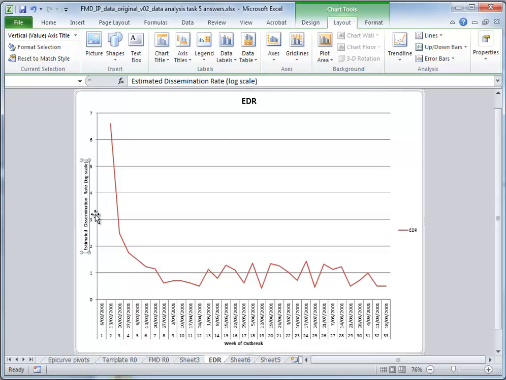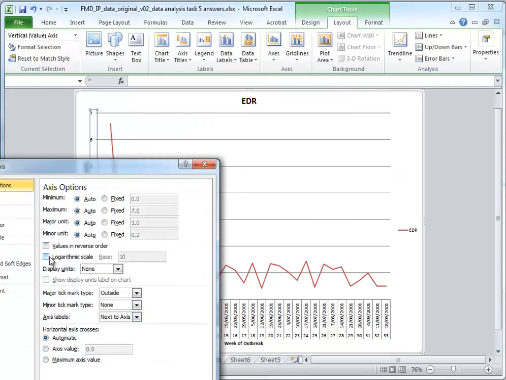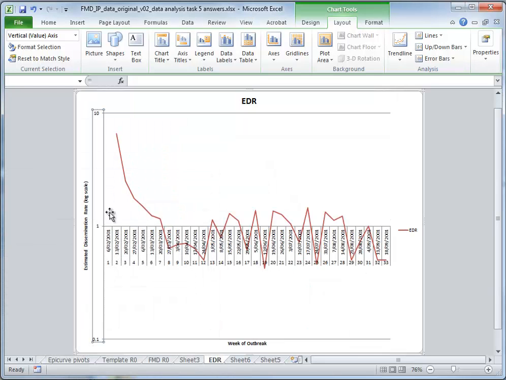What we're going to do is put that onto a log scale, but because the estimated dissemination rate is a ratio, it makes more sense to put it on a log scale because it's multiplicative. So if we highlight, point and click to that vertical axis, right click and select format axis, and then tick the logarithmic scale button and close, and what you now get is quite useful because you've got the reference line of 1 in the middle. Anything above 1 is when the estimated dissemination rate is above 1, which means the outbreak's spreading, and below 1